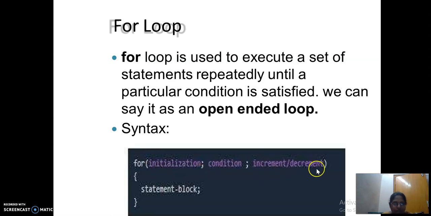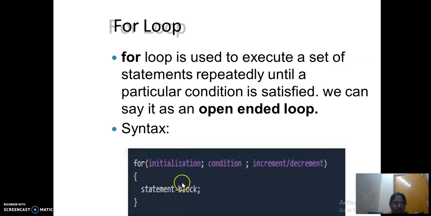Same with increment or decrement, you can write this value within the body of the loop also. But condition is a must. Among these three parameters, condition will play a key role. If you don't have this section, that is your second section, then it leads to an infinite loop.